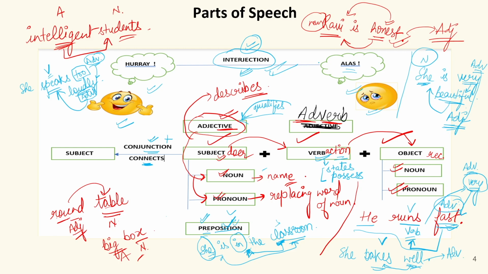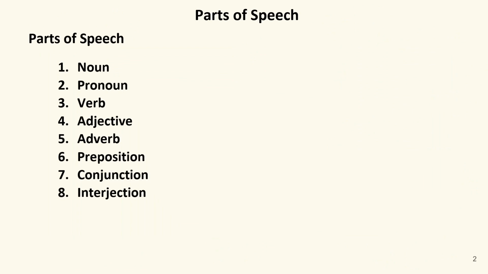Now let us elaborate all of these with some definitions. We have several parts of speech. We have noun, which we have already discussed, that is a naming word. Then we have pronoun, a word which replaces a noun. Verb, action words. Though verb has a wide definition that we will discuss in the chapter of verb only. Adjective, modifiers or qualifiers, which qualify nouns or pronouns.